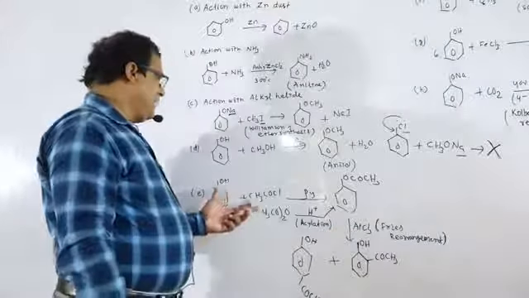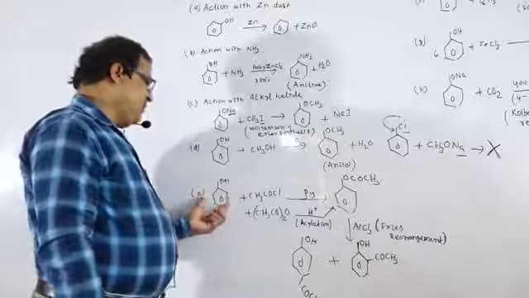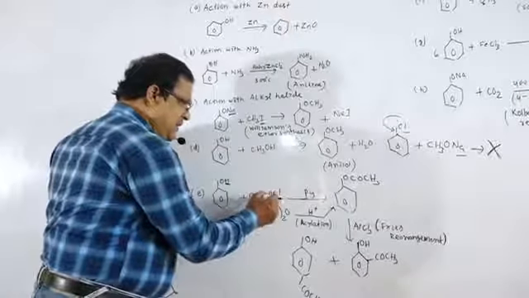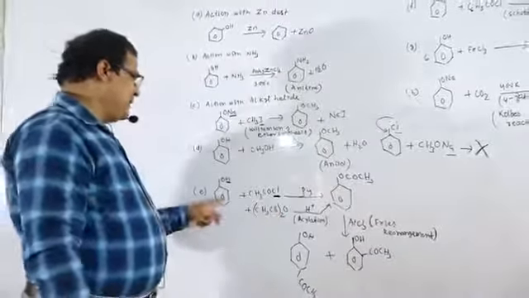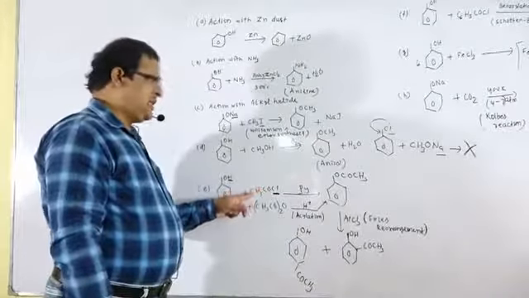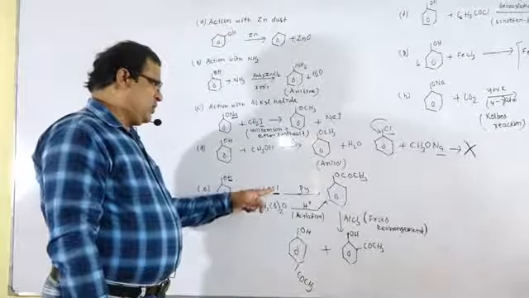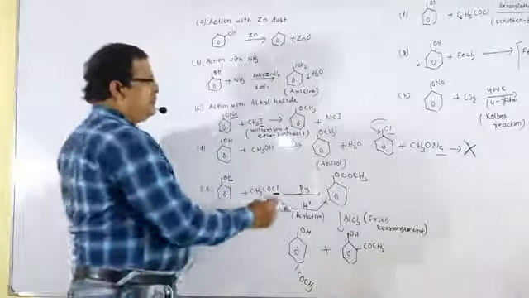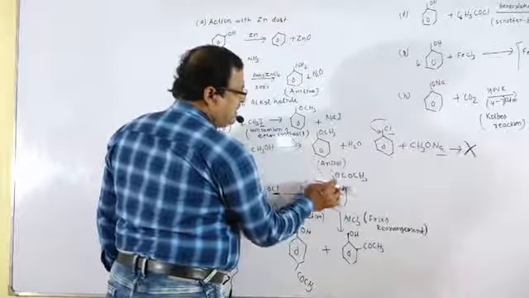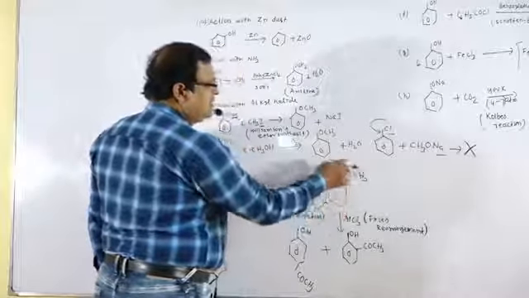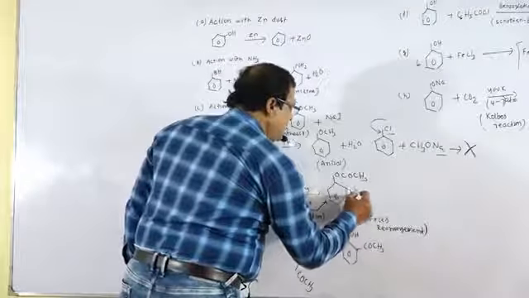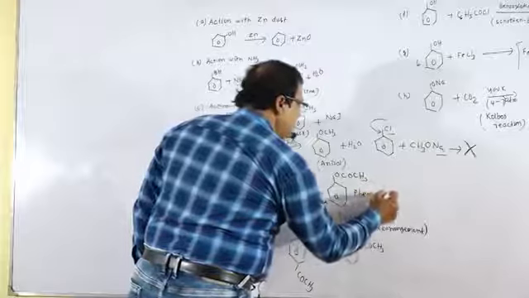So in this reaction, the reaction of phenol with acetyl chloride, the H part and Cl part are removed in the form of HCl. So the benzene ring is attached with OCOCH3, and this has the formula of CH3COOH, that is acetic acid, with H replaced by the phenyl. This product is known as phenyl acetate.